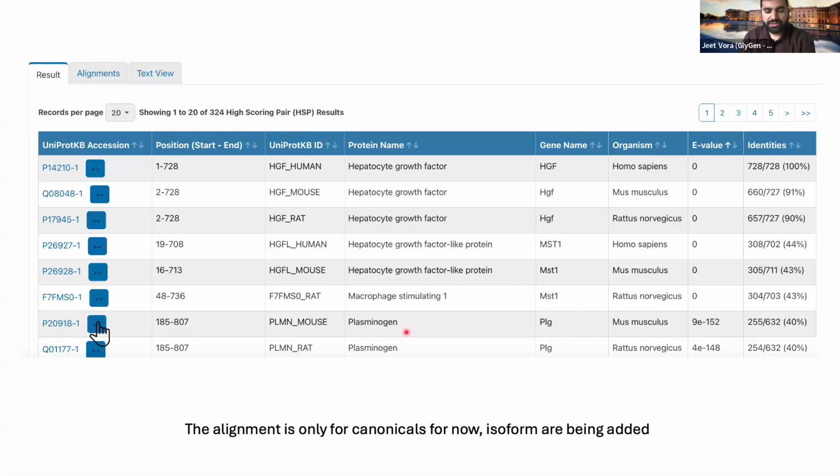Now, I wanted to make one thing very clear. If you run the original BLAST, it will also map to the isoform. But for GlyGen, we are only mapping it to the canonicals. If you don't know what a canonical sequence is, it's a concept by UniProt-KB, the sequence where most of the annotations are available,